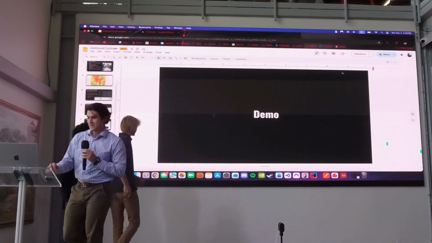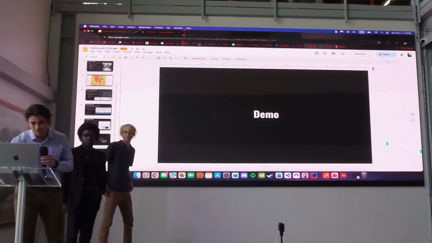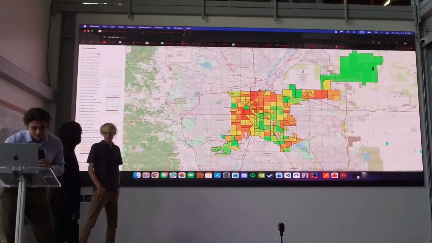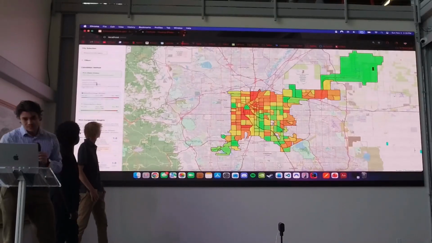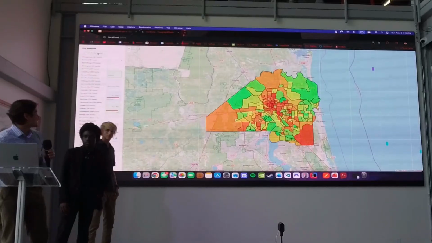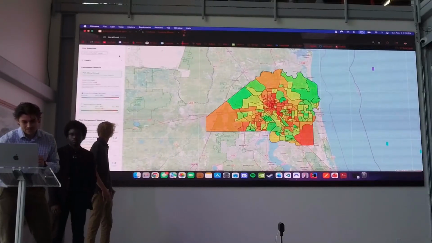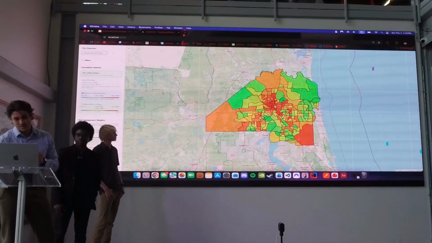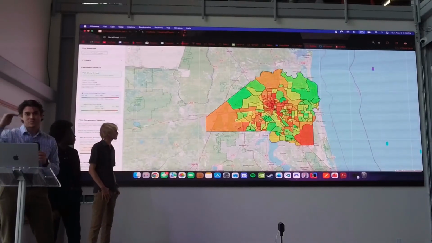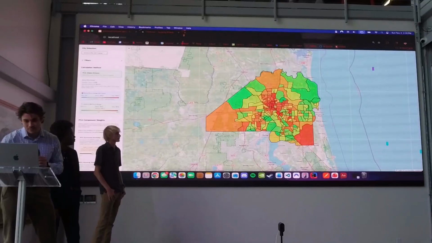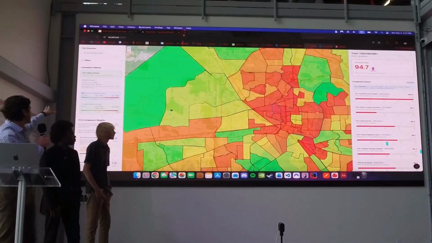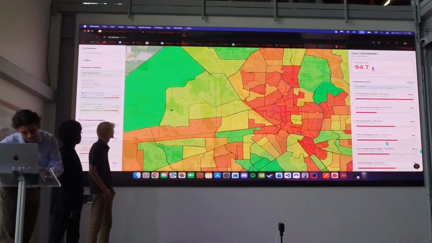Yeah, thank you, Andrew. So we can go ahead. We have it pulled up on Denver, so we'll actually go to Jacksonville. You have an easy interface in the top left to select the cities. From here, what are we looking at? You have the entire city here split up. Higher numbers are bad, so red is closer to 100. I'll go ahead and click on a tract, but before I talk about that, I want to talk about what's on the left. So let me zoom in a little bit.